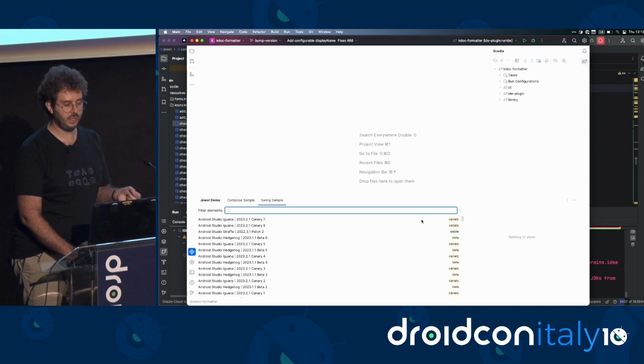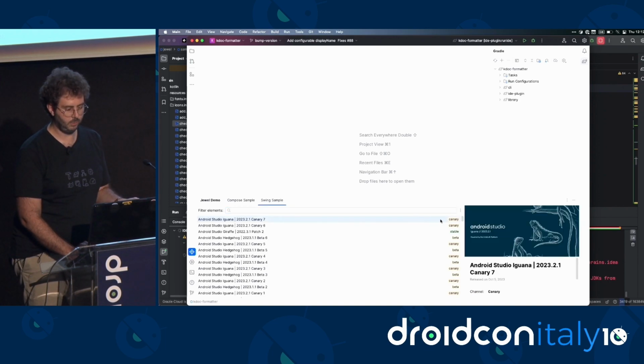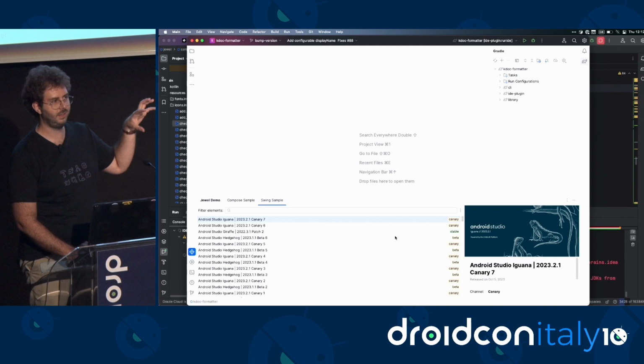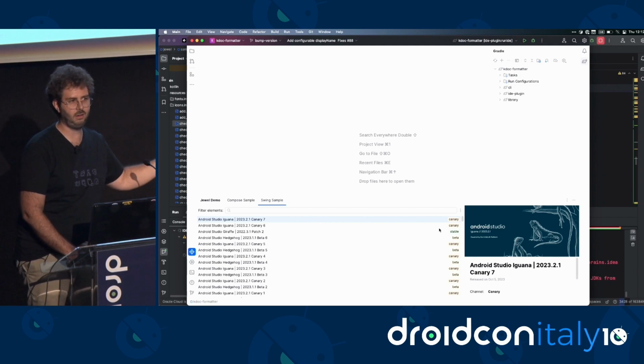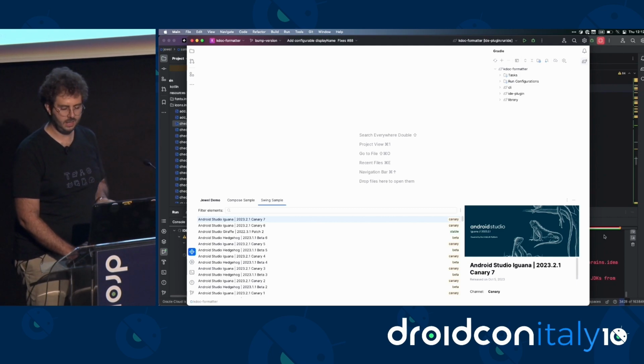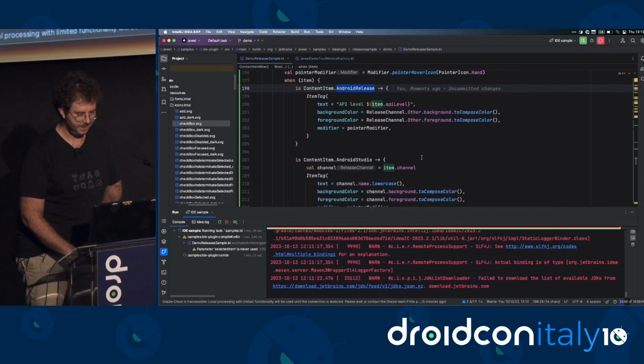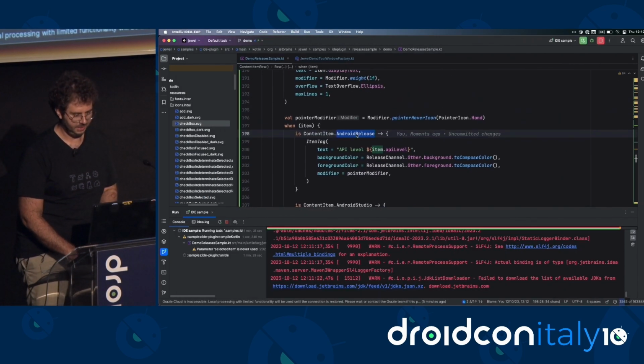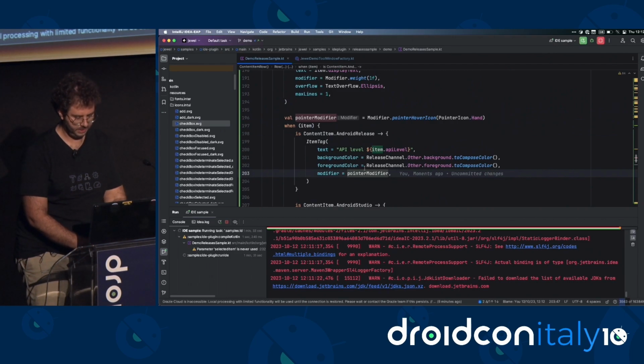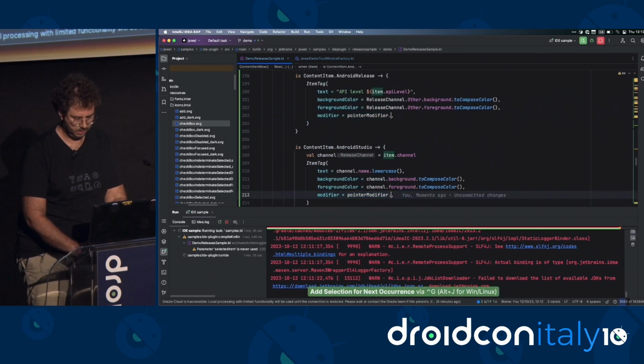That's because in Swing, when you have a list or a table, these are actually bitmaps that are pre-rendered. You're kind of putting interactive components in there. If you see something that looks like it, it's either a table or a hack or both. But we can do that in Compose. It's fairly easy. What we need to do is we take our painter modifier, we append an onClick, and we